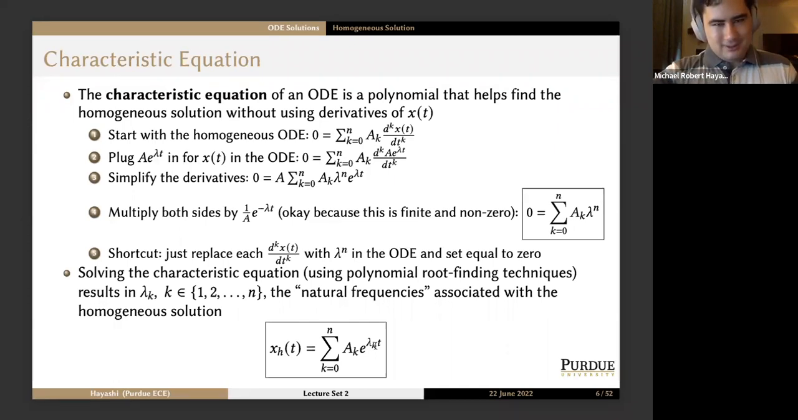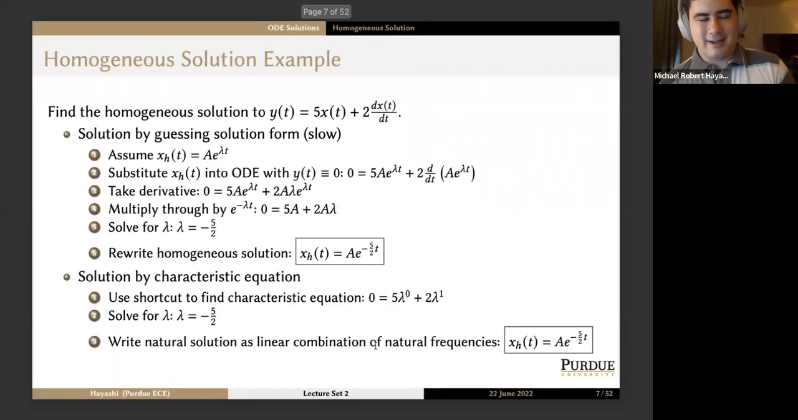Let's do an example so you can see what it is. And, unlike in lecture set 1, this example will be worked out entirely in front of you. So find the homogeneous solution to y of t equals 5 times x of t plus 2 times dx of t dt. So the slow way of doing this, and the way we'll do it at first, is just by guessing the solution form. So we'll do it like we did with the characteristic polynomial proof. We'll assume the homogeneous solution is a e to the lambda t,